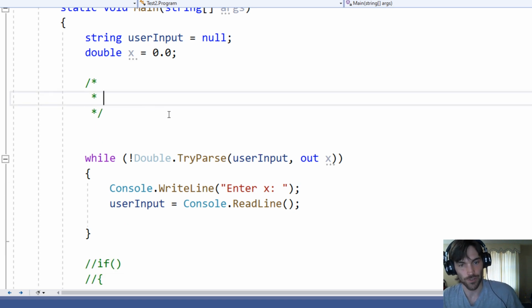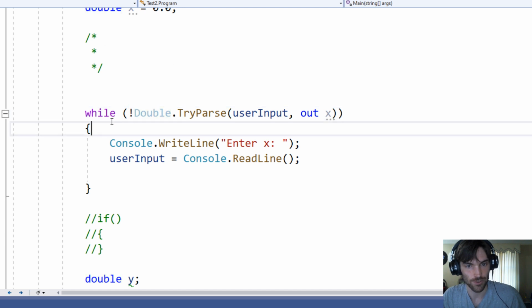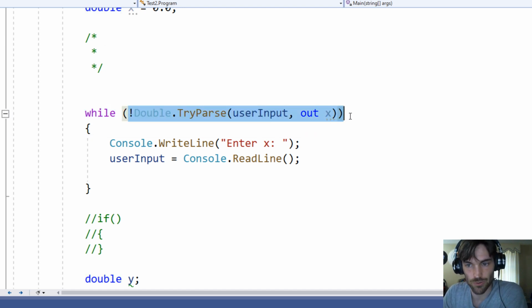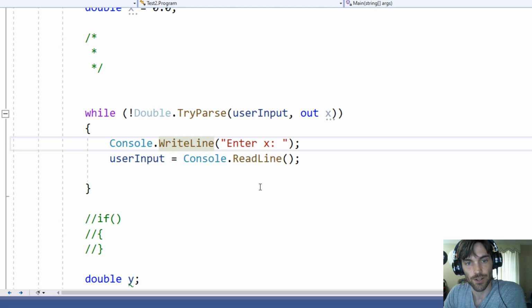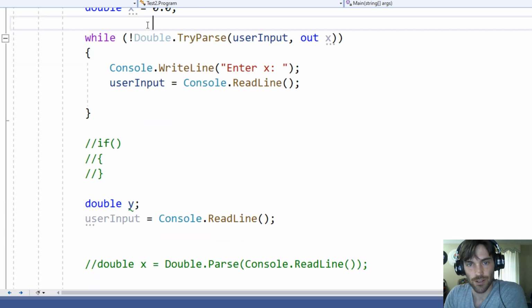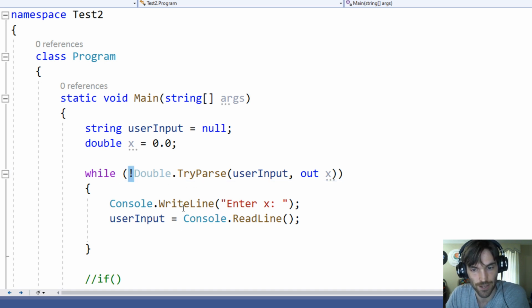Same thing that we're going to be doing over here. So this is going to return true, and then we'll flip it to a false. And then once this overall value is false, it jumps out of the loop, so we won't be in it anymore. So the first time we enter it, user input isn't going to be a good value. It's going to throw an error, and it's going to cause this to return false, which then gets flipped to true. So it's going to continue down to say enter an X value, and then we're going to give our